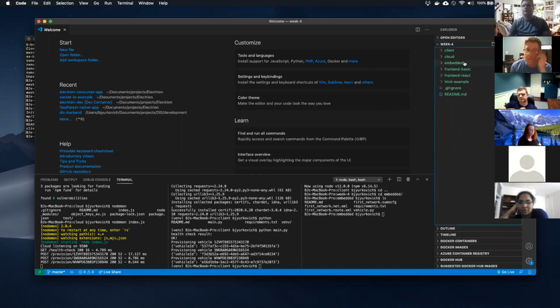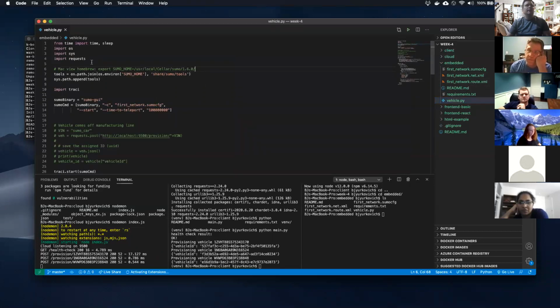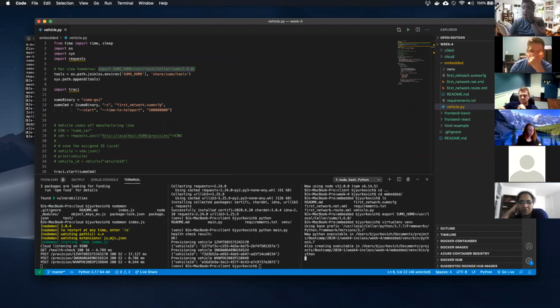And I need to do this first. I'm on my Mac here, so I have to export this, and then this is also Python, and then I'm going to have to activate my virtual environment and then install my dependencies.